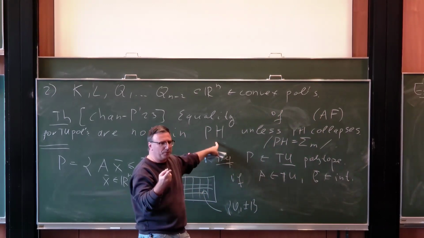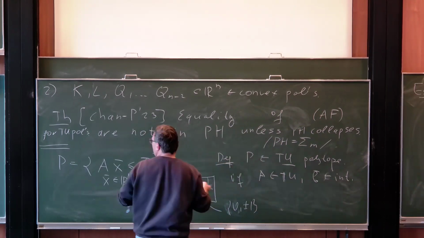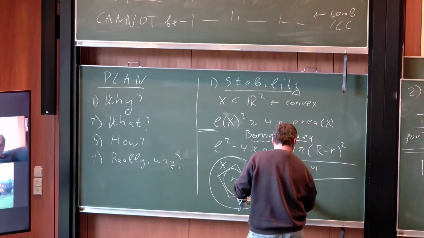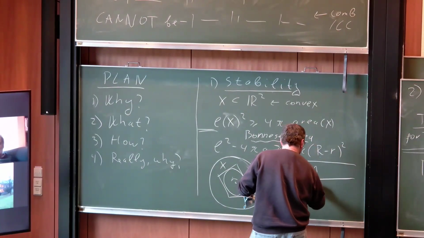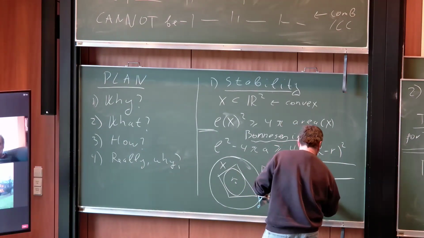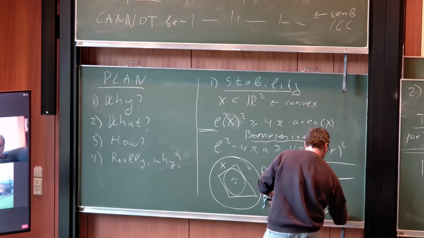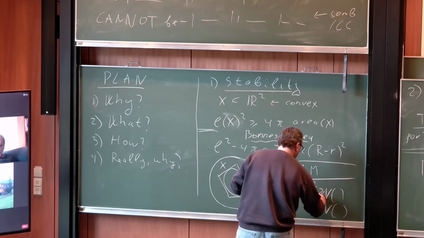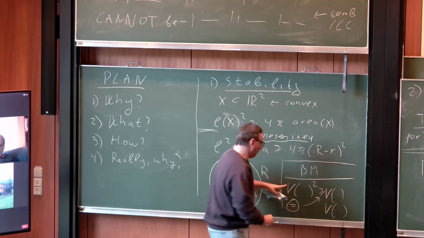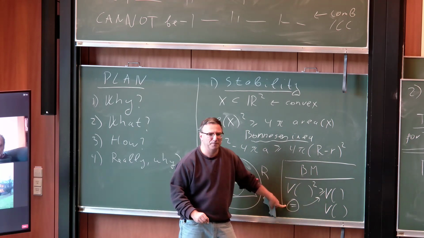Now it's a decision problem. The Alexandrov-Fenchel inequality, as you remember from the previous talk, basically says that some mixed volume squared is at least another mixed volume times another mixed volume. And we're asking if this inequality is an equality.